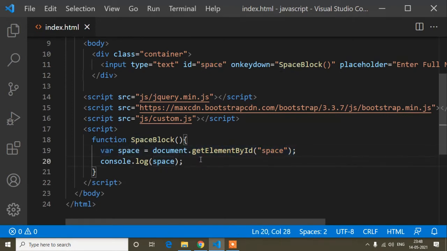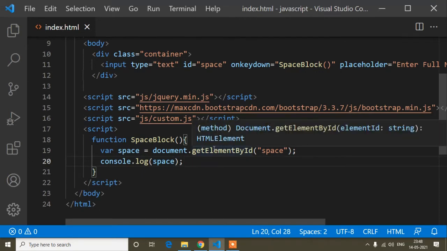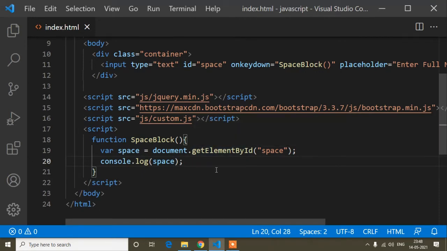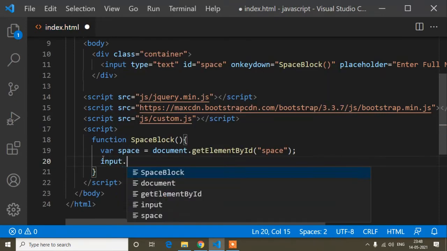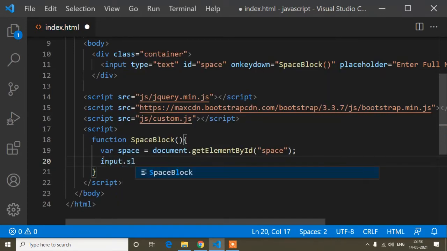Okay, and now here is a predefined property of JavaScript, that is selectionStart. That selectionStart property is always applied on an input field. Here I can write this selectionStart like input dot selectionStart, this way, but I'm not writing it this way.